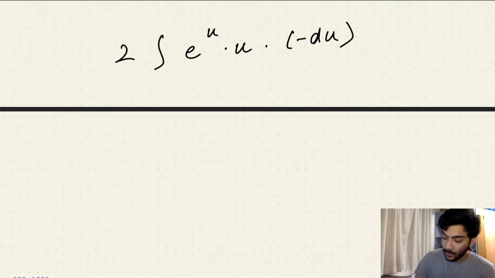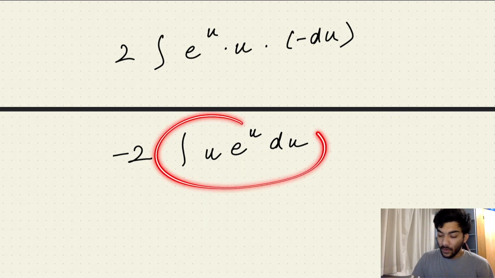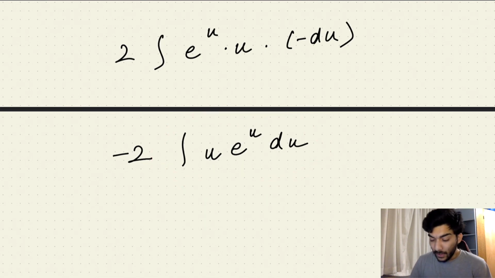And now again, in order to solve this, we can take this negative sign out. So now we have to solve negative 2 integral. Let's rearrange this. It would be u times e to the power u du in this case, right? And now we already know from the knowledge of our previous videos that in order to solve this type of